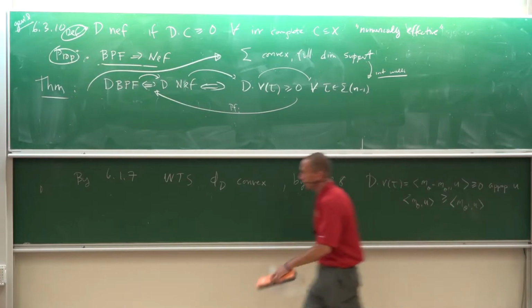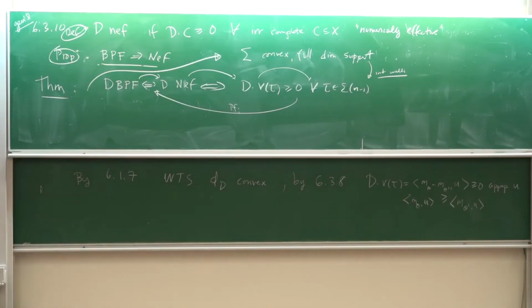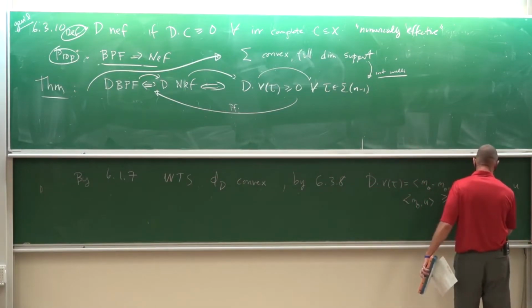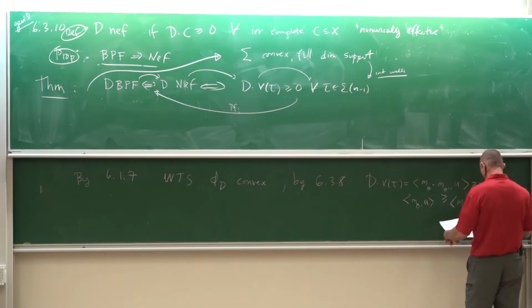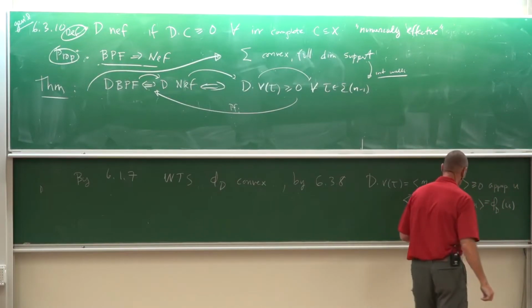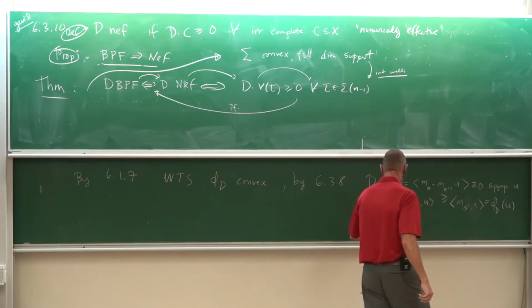But remember where u was. u is sitting inside this cone, this is the Cartier data, right? So that's an equality, right? So this is equal to phi sub D of u, because this is in the cone of sigma prime, and so